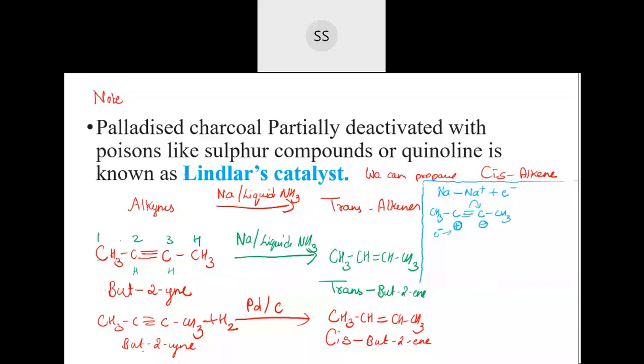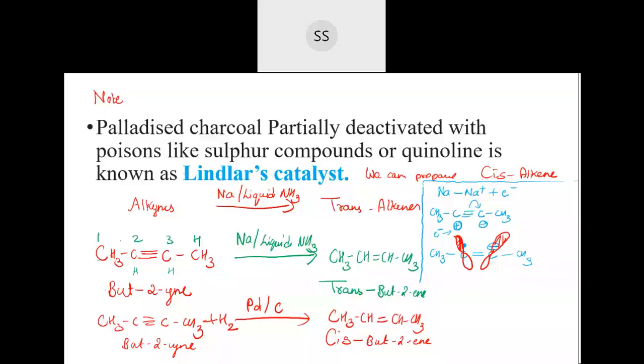Then they will get converted to CH3C, and one electron will come on the carbon, an odd number of electrons. Then this will have a double bond, and this carbon will have 2 electrons, so minus charge. And this side you are having CH3. In their orbital they are having 1 electron. If I have to draw their orbital, this is their orbital, so they will have 1 electron here. And this one's orbital, because minus, has 2 electrons. See, now electrons and electrons can't sit with each other. There will be repulsion, according to VSEPR theory, which you have studied.